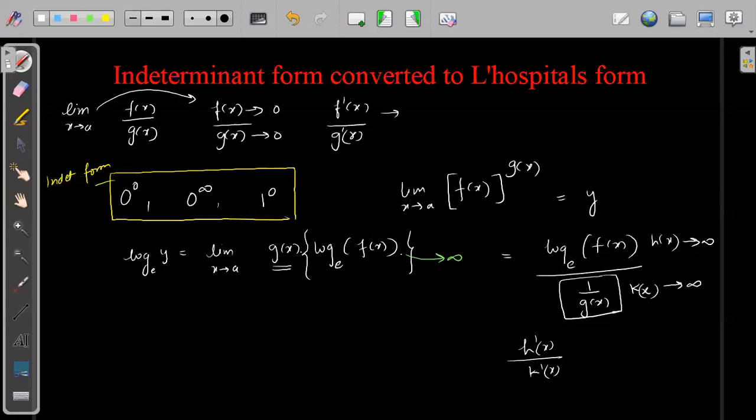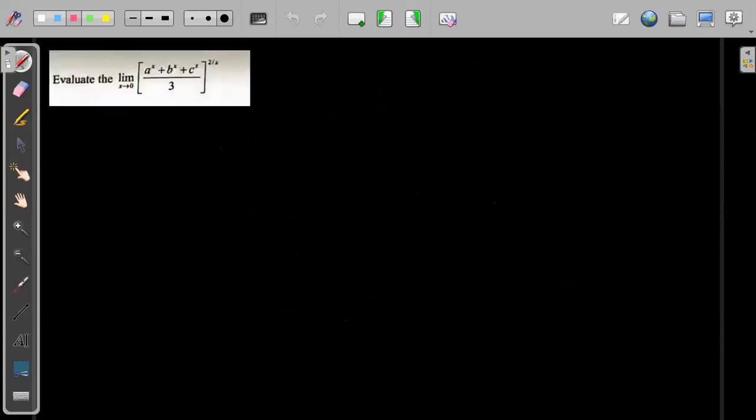But even after log, if you're not able to understand what we have to do, you convert into the form where you have 0 by 0. So you are restructuring the whole question. So basically what I'm doing, I'm restructuring the question. So this you will get after restructuring. After you have restructured, you will get a L'Hopital's form, and then you can check. Okay, so let's see 3 different forms in which you can convert these type of form into L'Hopital's form. Okay, so first let's try this question.